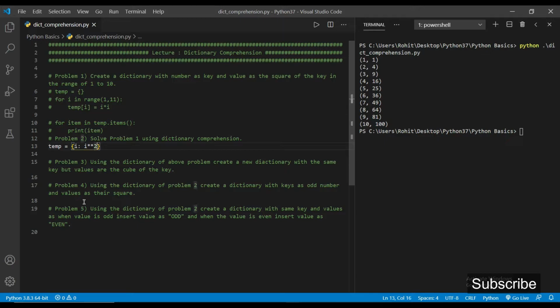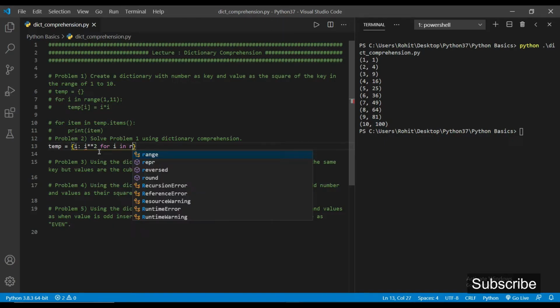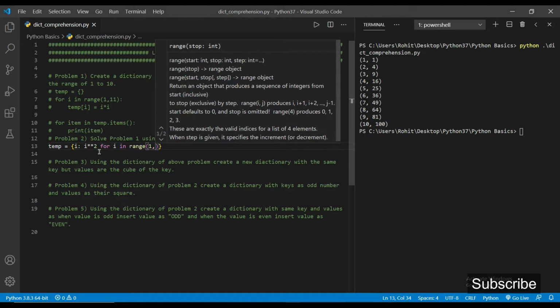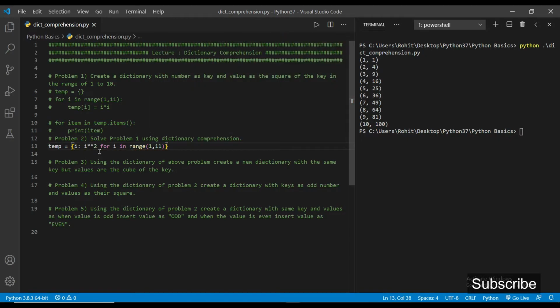Now since we want the keys to go from 1 to 10, we have to apply a for loop, for i in range from 1 to 11. That's it. It will create the dictionary with keys from 1 to 10, and the value will be the square of the key.